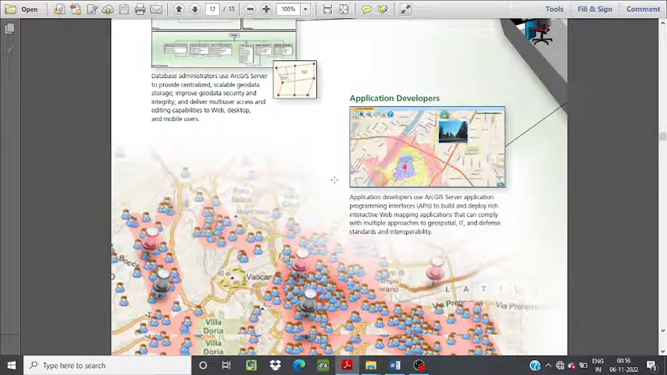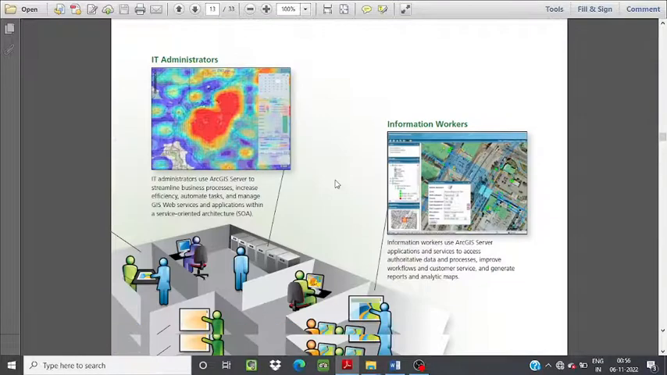So the application developers use the ArcGIS Server application programming interface and deploy rich interactive web mapping applications and define standards and interoperability. IT administrators use ArcGIS Server to streamline business processes, increase efficiency, automate tasks, and manage GIS web services. And information workers use ArcGIS Server applications and services to access authoritative data and processes, improve workflows and customer service,